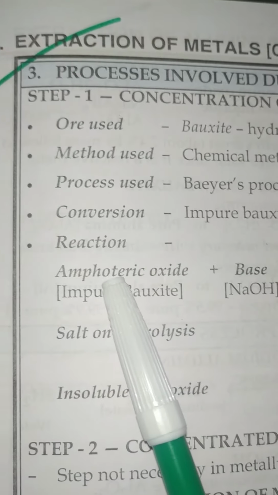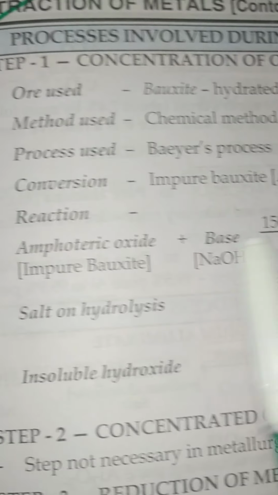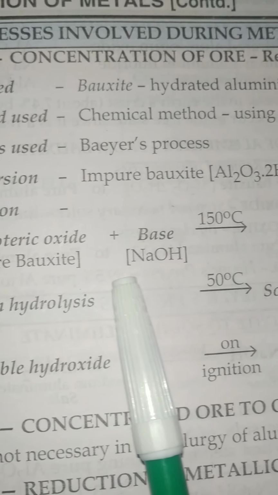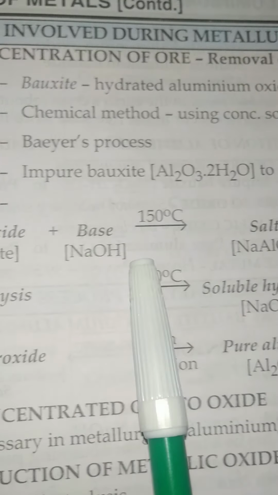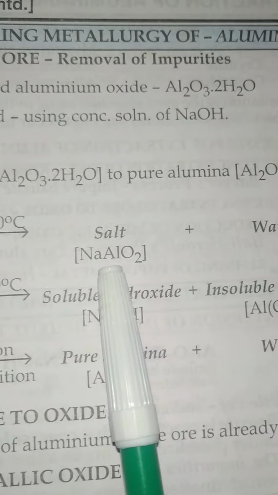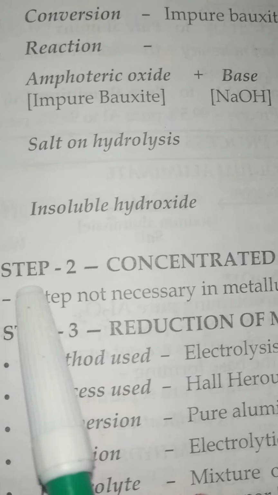The reaction here is when the amphoteric oxide reacts with the base. The amphoteric oxide here is impure bauxite, and when it reacts with sodium hydroxide at 150 degrees Celsius, it will give the salt NaAlO2 and water. Then the second step is